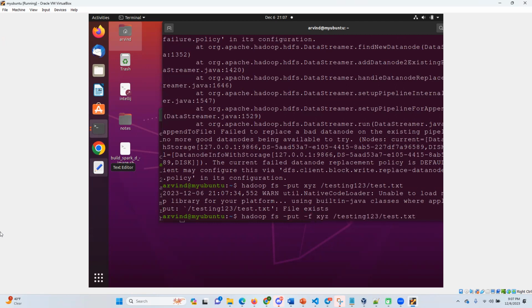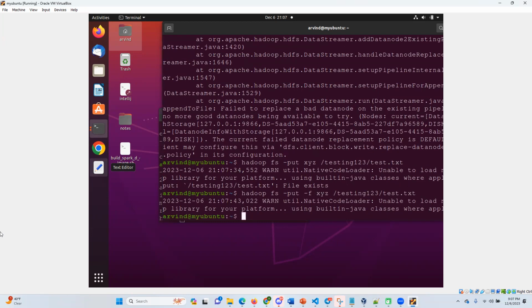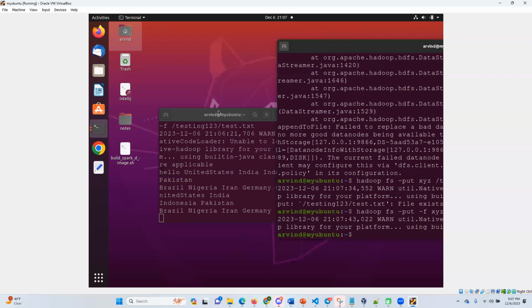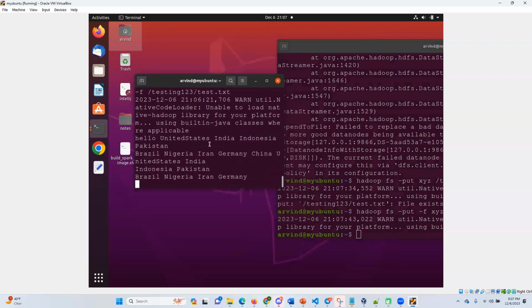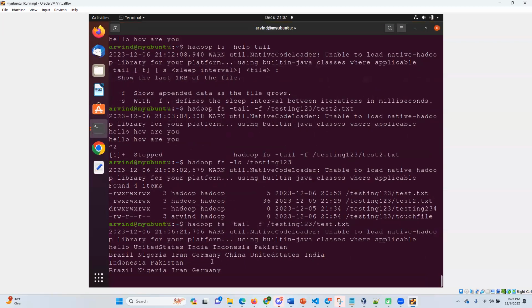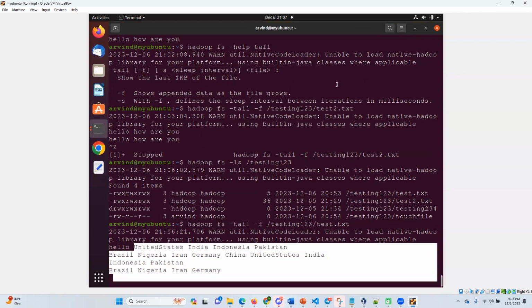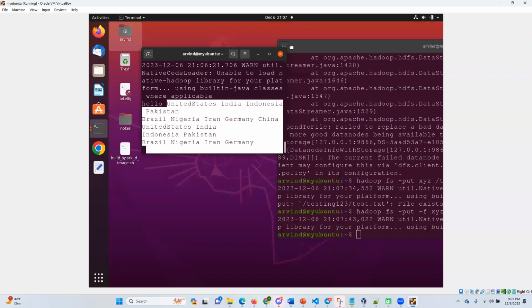Because the file already exists, we are using the minus sign. So here, no, it is done. Can you see the content name? Yeah, content name, right? Yes, I added this. Okay, right? So it keeps appending. If I do it again one more time,